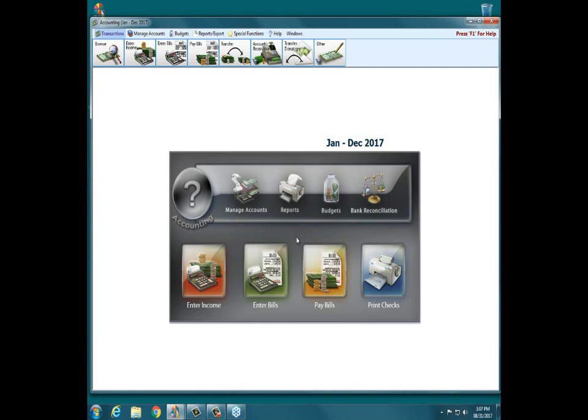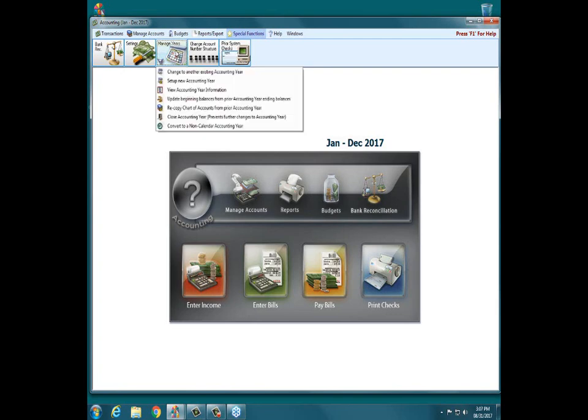Okay, so the second part of our topic, I better get moving here. We're about 7 or 8 minutes into the 20 minutes. Convert to a non-calendar year. So Church Windows, our data runs on a January through December calendar profile. So if again we go up to Special Functions, Manage Years, we do see an option called